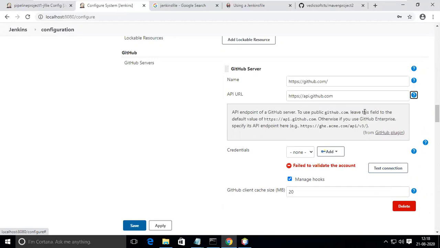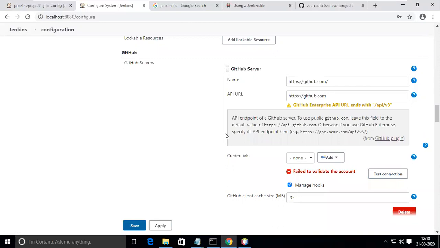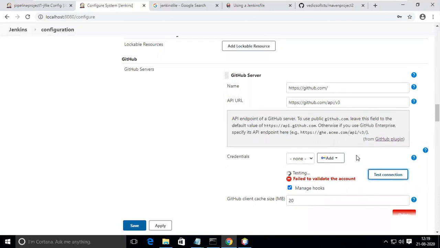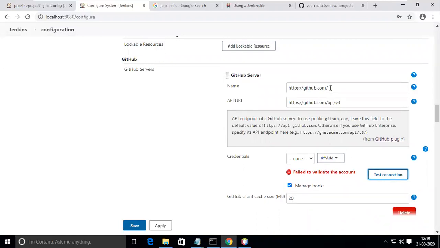To use public, leave the field at the default value. Okay. Very good.